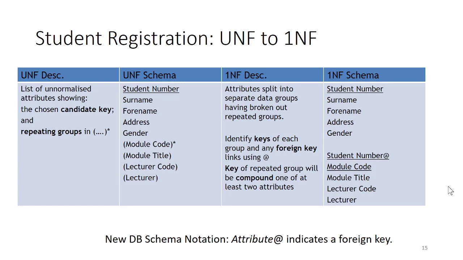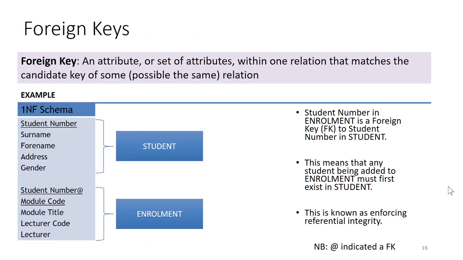Identify keys of each group and any foreign key, using @ for demonstrating a foreign key. The key of a repeated group will be a compound of at least two attributes. Okay, so this is just a definition of foreign key. We say an attribute, or it could be a set of attributes within one relation, that matches the candidate key or primary key of another